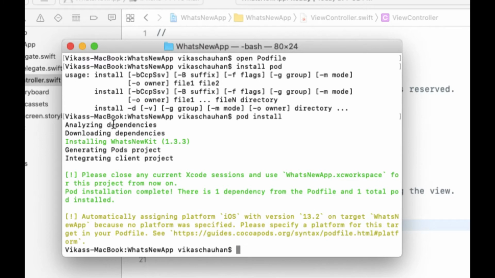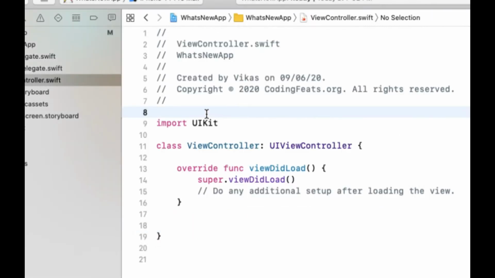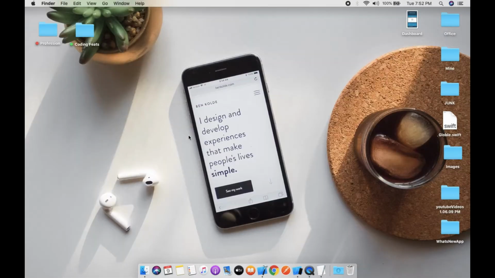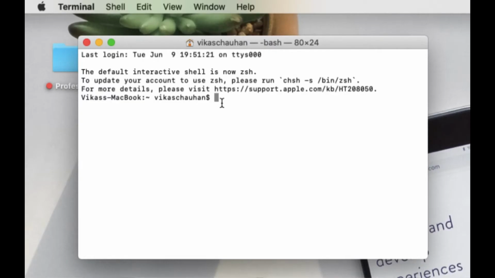So it's analyzing all the dependencies, downloading dependencies, and installing WhatsNewKit 1.3.3. Now you can see all the pods are downloaded. So let's close this, and you can also close this, and open the new workspace.